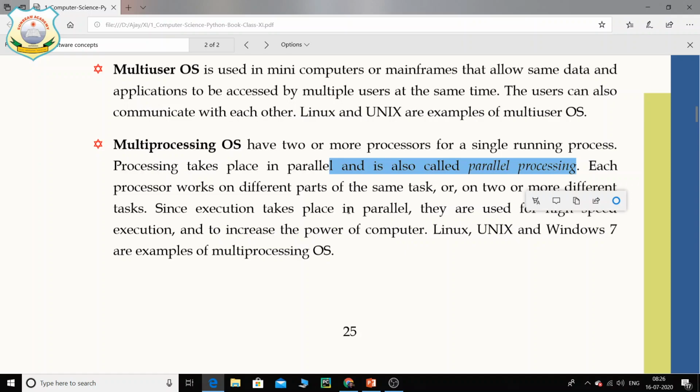ये क्या होता है children, ये मेरे कंप्यूटर में भी हो सकता है, आपके लैपटॉप में भी हो सकता है। इसमें एक से ज़्यादा प्रोसेसर्स लगे होते हैं, एक चिप में एक से ज़्यादा प्रोसेसर्स होते हैं। ये इसलिए किया जाता है क्योंकि मल्टीटास्किंग और अच्छे तरीके से हो सके और दोनों प्रोसेसर्स एक साथ काम करते हैं। ठीक है, वो चिप की बात हो रही है बेसिकली यहाँ पर।